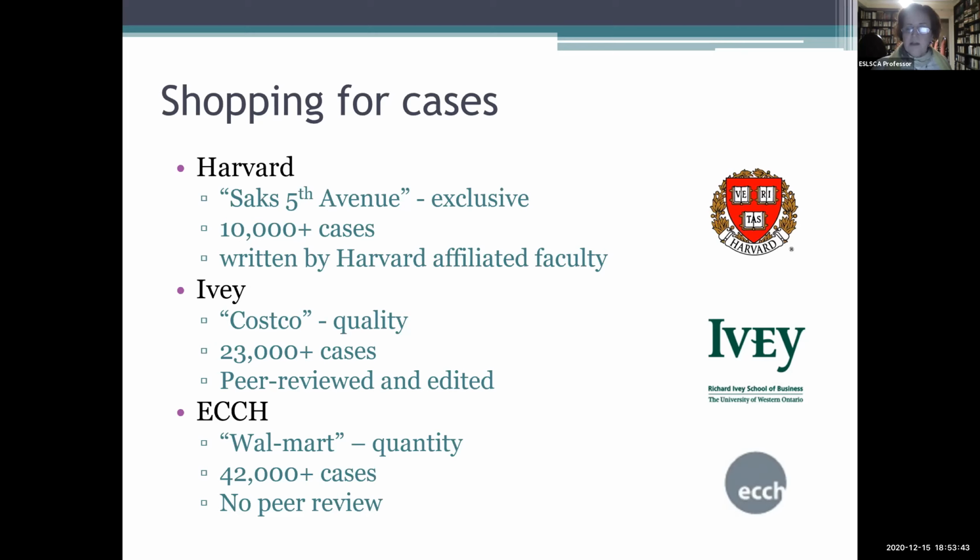How do you know the case is of high quality? It's when you have enough rich data and a very good teaching note to help you structure your teaching. So you don't need to struggle, you just read the teaching note. And if you're new, you can just follow the teaching note. You don't need to create anything yourself.